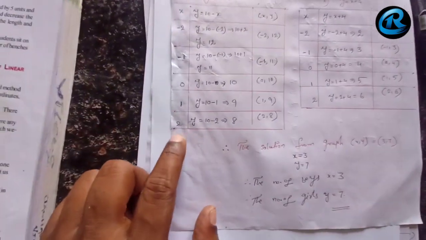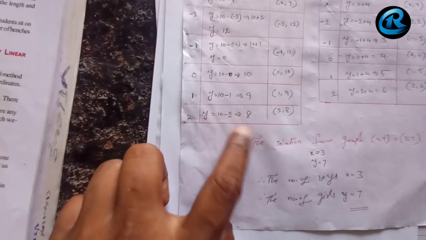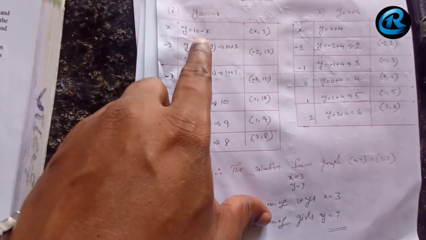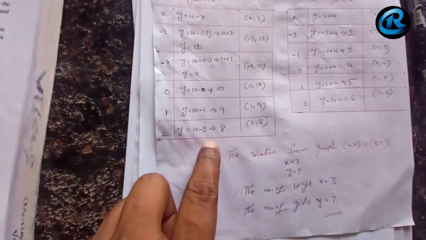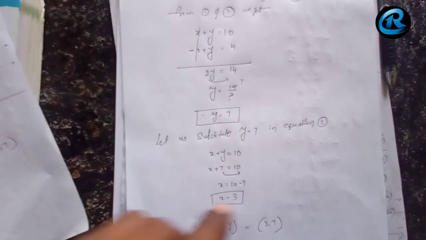So there is one more benefit. If you assume the x value here as 3, here we assumed only up to 2. If you assume x equal to 3, you do not need to do this solution, you directly get y equal to 7. So if you assume x equal to 3, it is 10 minus x, that means 10 minus 3 will be 7. So you got it here, at x equal to 3, y equal to 7, like this.